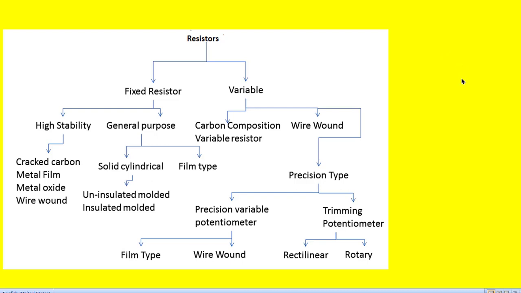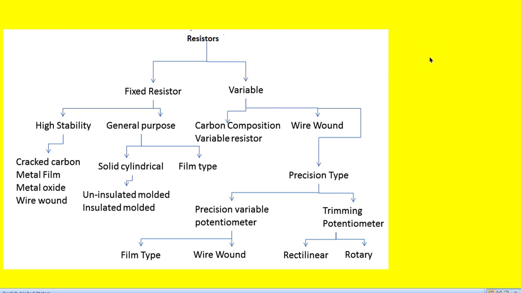So, what is the necessity of the resistor? Without resistors, there is no electricity, there are no irons, there are no transmission lines, there are no machines or motors or generators, there are no room heaters. So, in fact, without a conductor with a resistance, we cannot imagine anything in the world. So, let us see what are the different types of resistors.